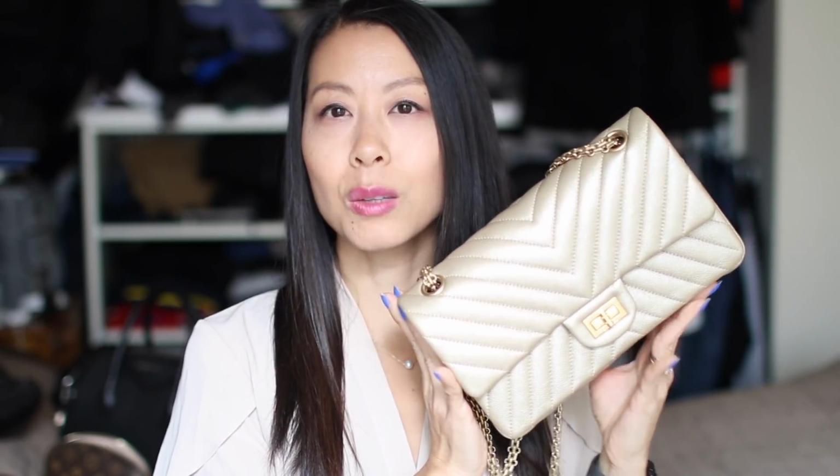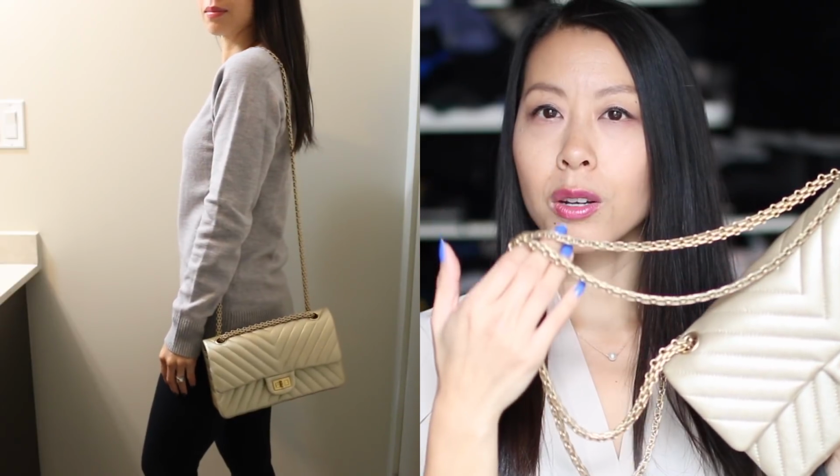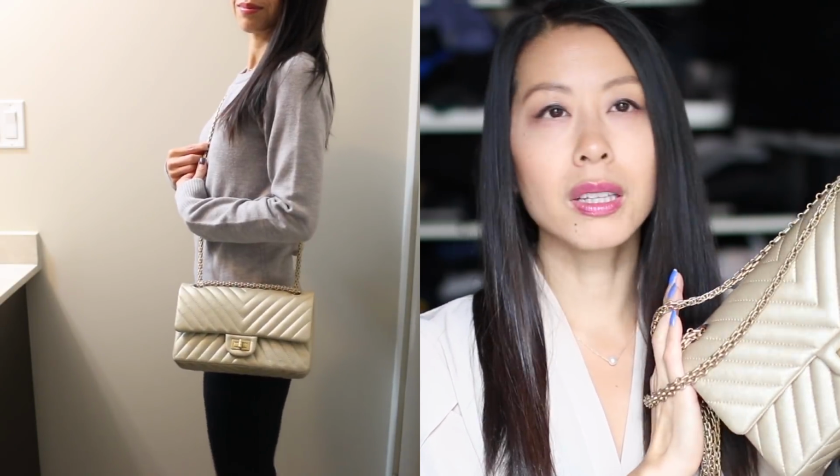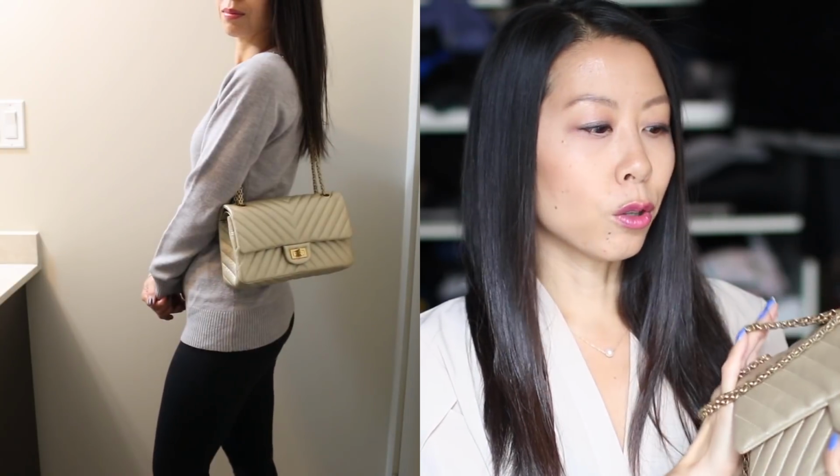This is the Chanel reissue 225. This is the newest bag to my collection. I picked it up last year in Paris when I went with my girlfriend. It's got muted gold hardware. The sheen on it is incredible. It is a little bit on the blingy side, but I feel it's still neutral and I don't feel self-conscious